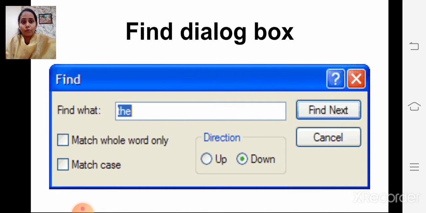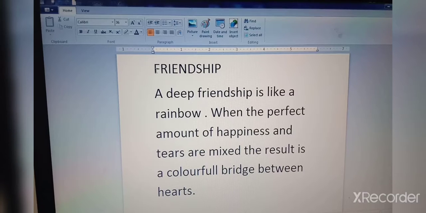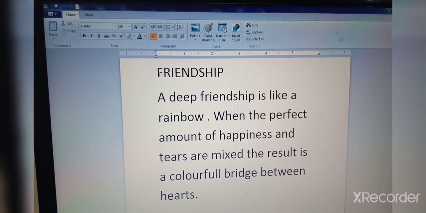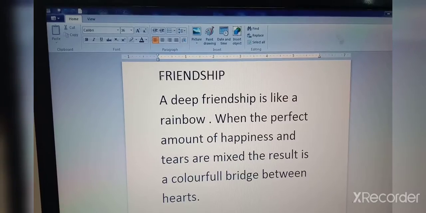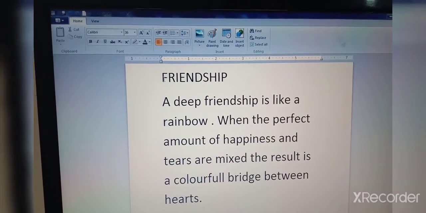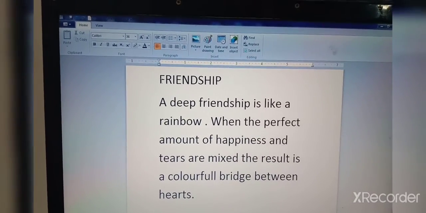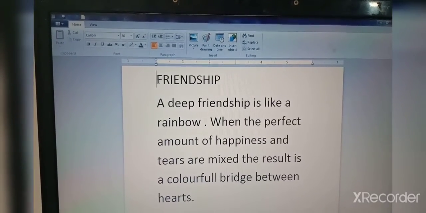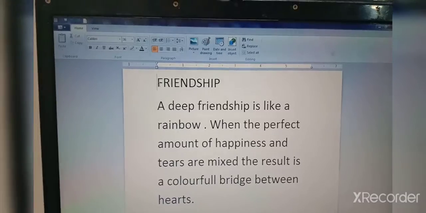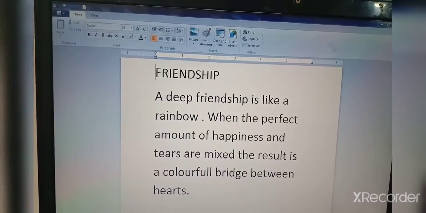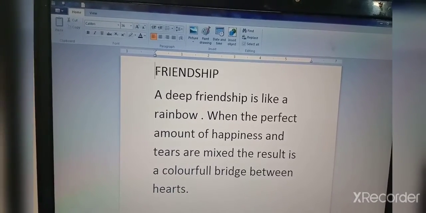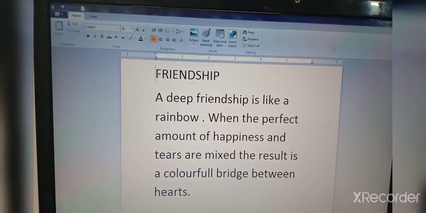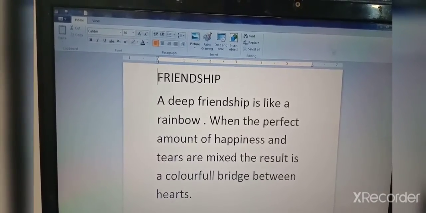Okay children, now look here. Now we will see the find and replace command. First we will see find: how to find a text in a document. To search any word which is there in your document, you can use the find command.